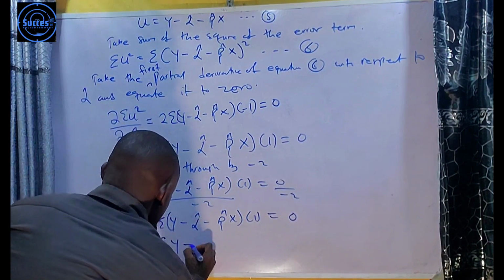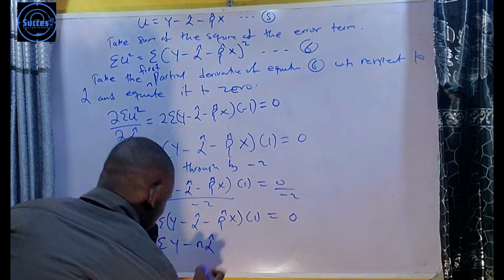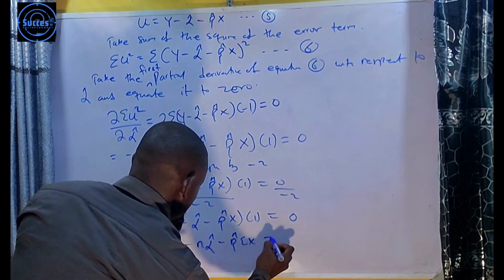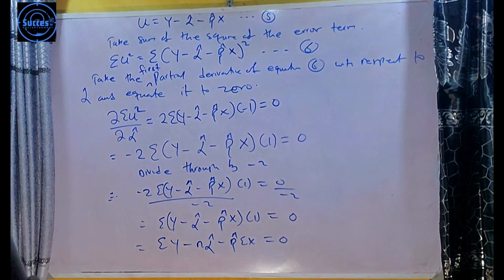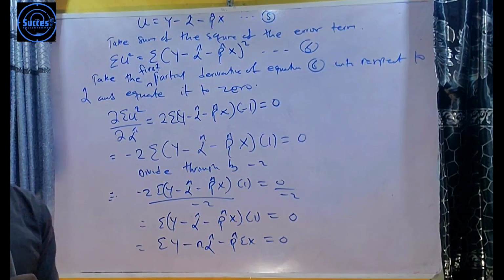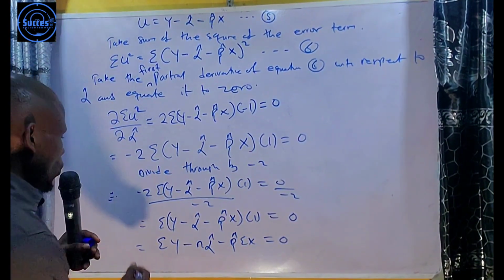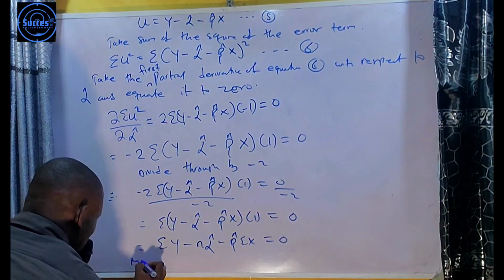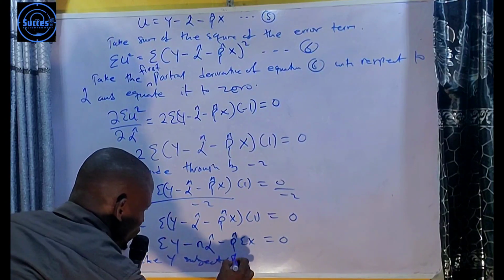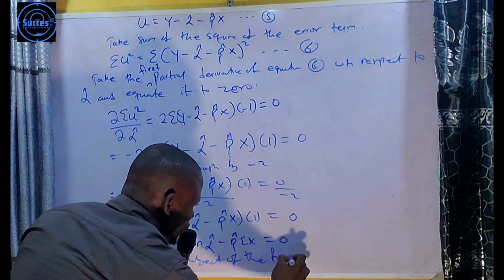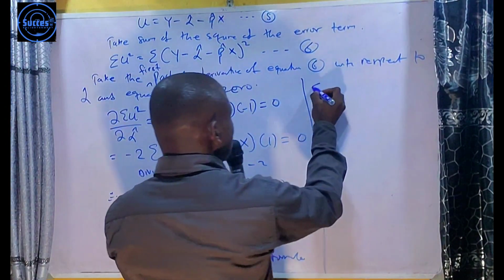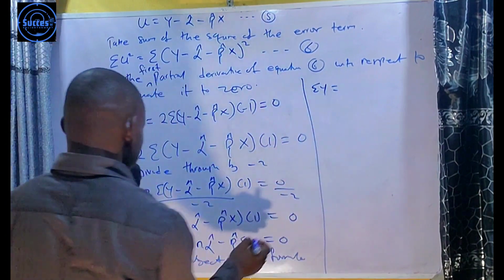So therefore this will be minus n alpha cap, plus minus beta cap summation x, which will now be equal to 0. So from here we can take y to be the subject of the formula. If you take y to be the subject of the formula, what you have left will now be summation y equals n